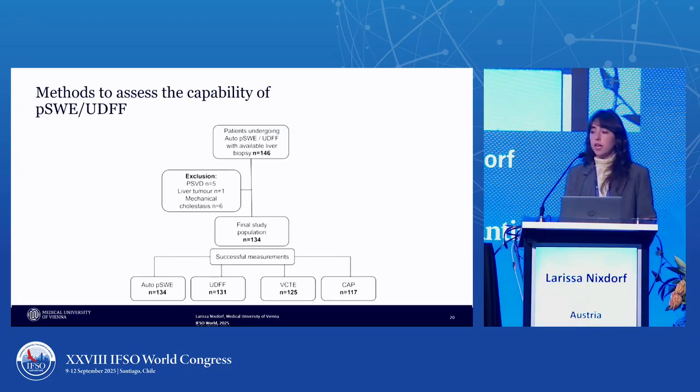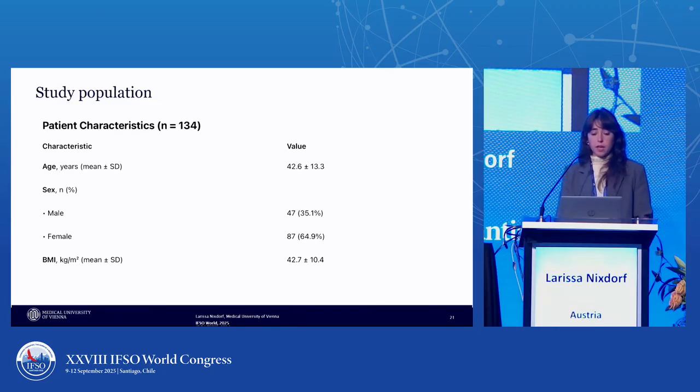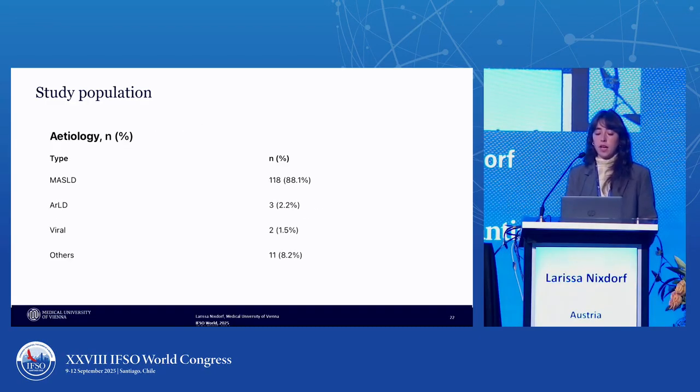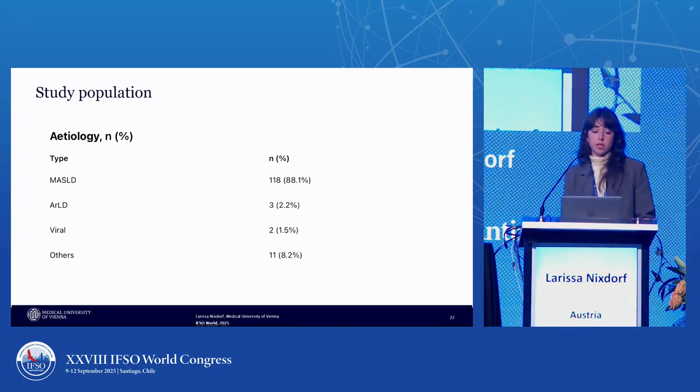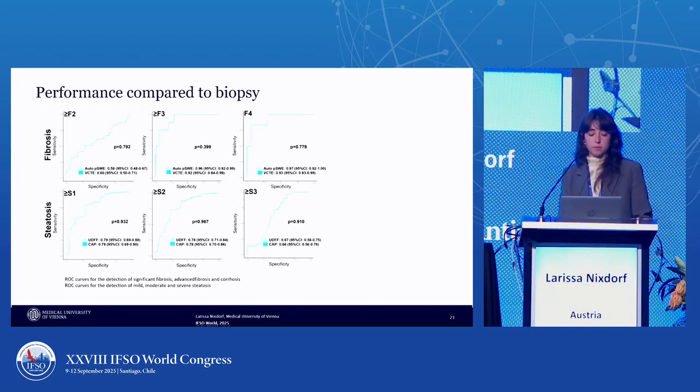In our work, we looked at 134 patients. All of them had obesity, all of them had bariatric surgery, and during the bariatric surgery, liver biopsy was taken. All of them had liver disease, and then we measured MASLD with the non-invasive methods that I just told you about. Our patients had a mean age of 43 years and a mean BMI of 43, and most of them were female. Like I said, all of them had liver disease, and the vast majority due to metabolic-associated factors.